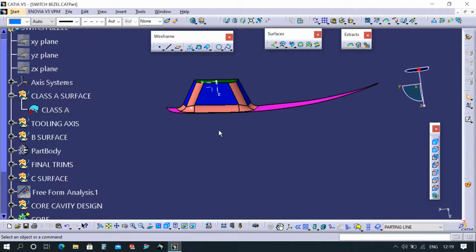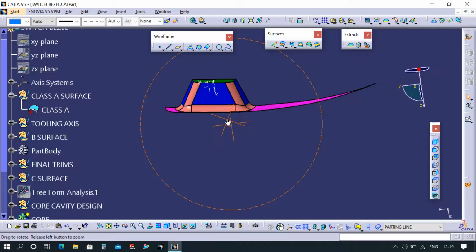So the core should be downwards, because when you eject the part from the core, it will be easy to take it out, right? If this surface is negative, you can't take the part outside. It will get interference, and it will damage the class A surface.